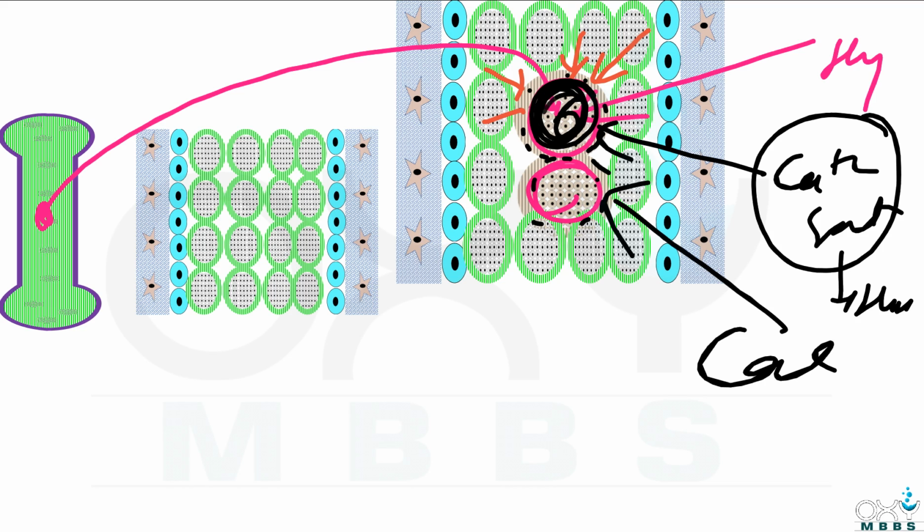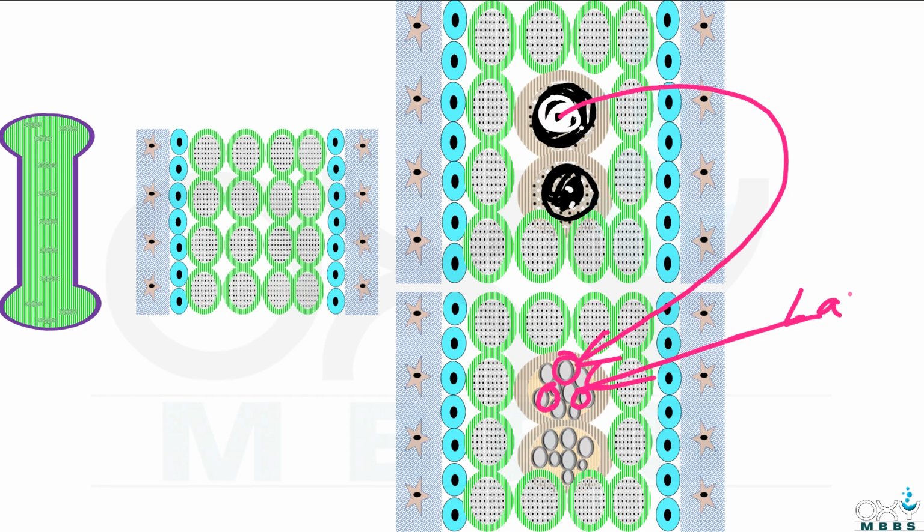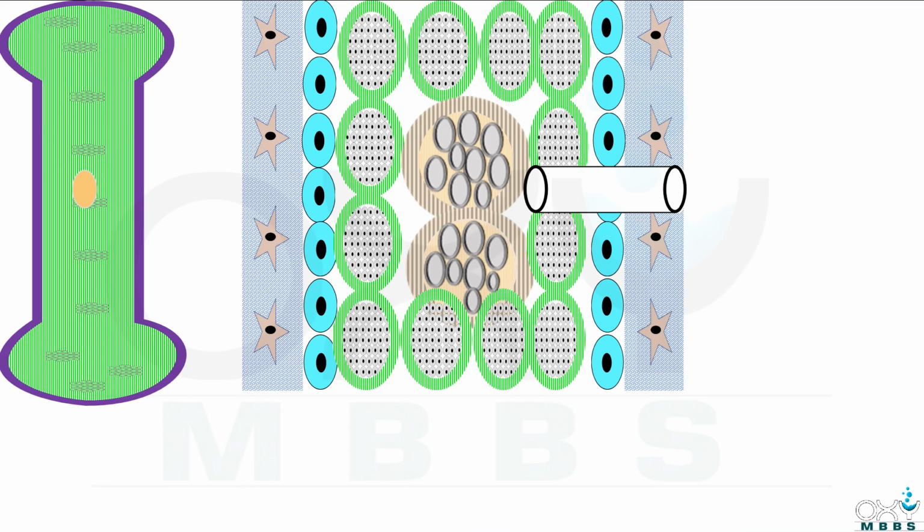So these are dying chondrocytes, and at a place where these chondrocytes have died, they leave a small vacant space, and when these vacant spaces join together, they form a large vacant space, and that space is called lacuna. So these are what? Lacuna. Now from the outside, in the mid region, a canal is formed, and this canal is called nutrient foramen, and the nutrient foramen is present up to the middle of the cartilage model, as you can see here.